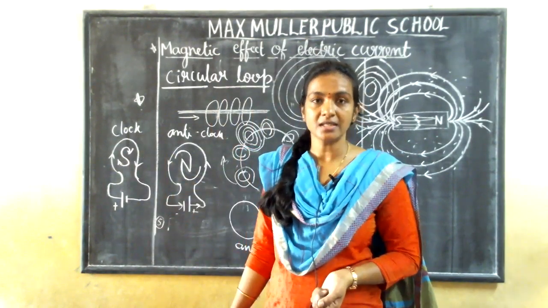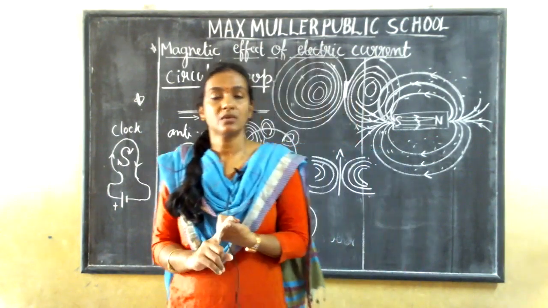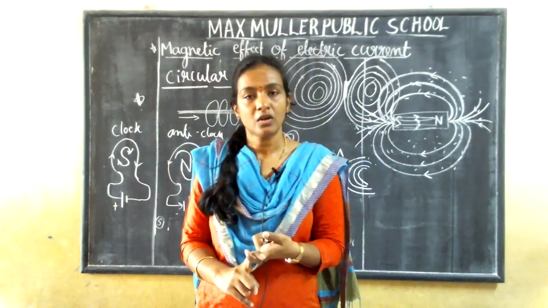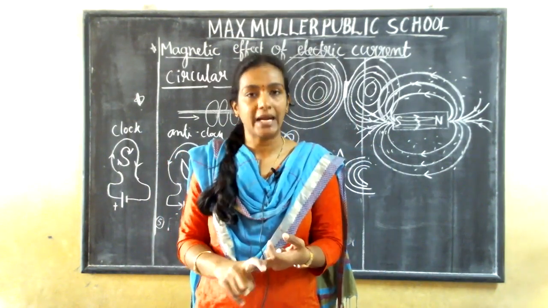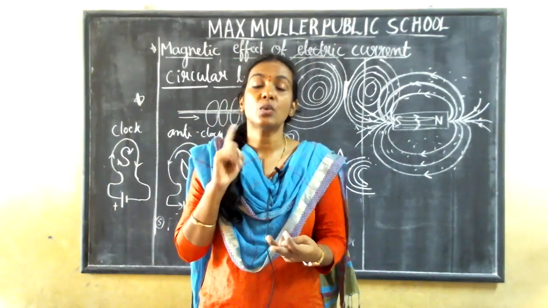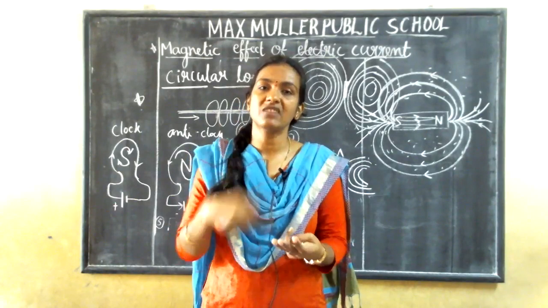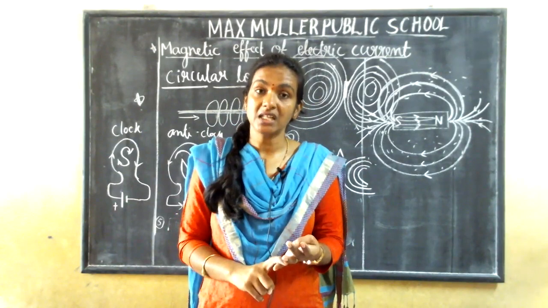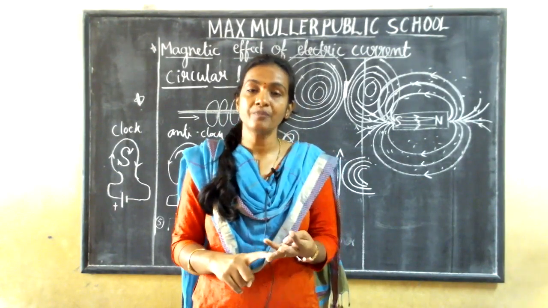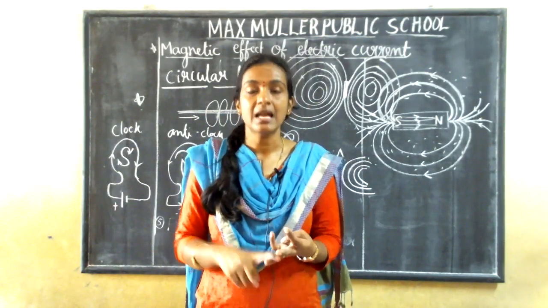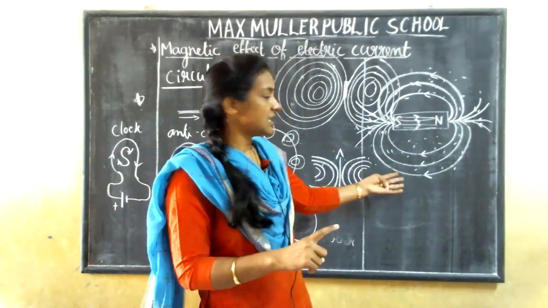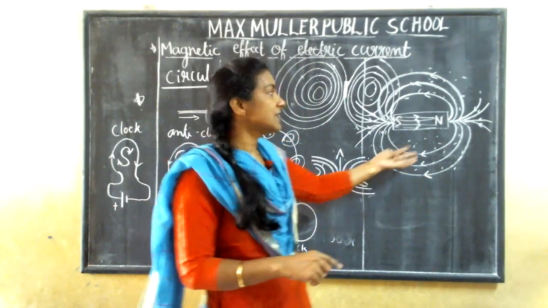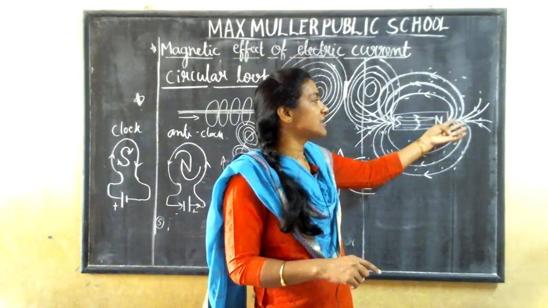Are you clear here, children? What have you learned here? What is the relation between electric current and magnetic field? How can we see that practically? Next, what is the magnetic field? Next, what are the properties of a magnet? How can you show this? It is in the line way. The magnet represents lines, and how do they show? The lines are emerging from north to south.